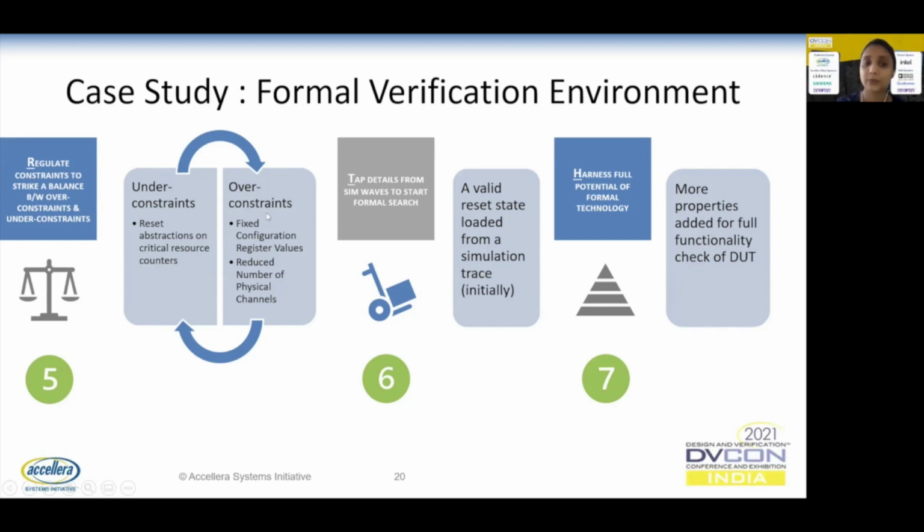We also added some over constraint. We fixed configuration register values. Mostly we matched it to the values seen in the post-silicon simulation dump. Also, we reduced the number of physical channels. So a transaction that is coming through interface X can actually come through many physical channels in the design. But for this bug reproduction, we just reduced the allowed physical channels to just 2, and that was good enough